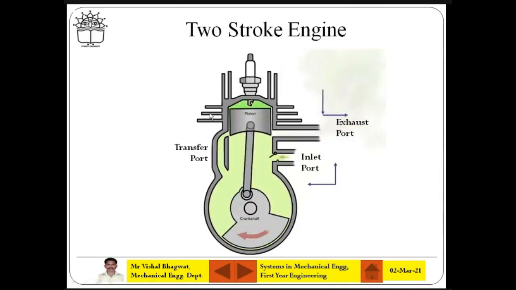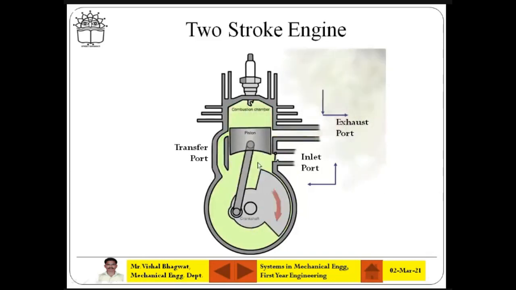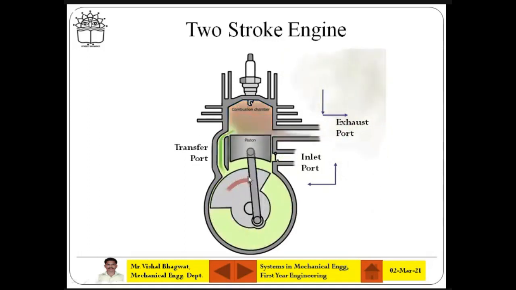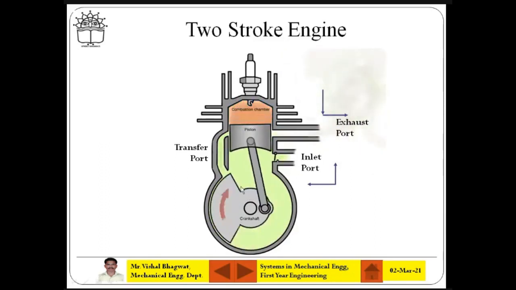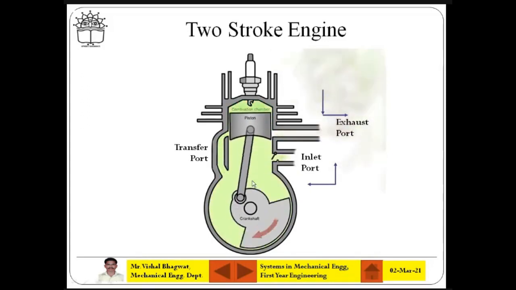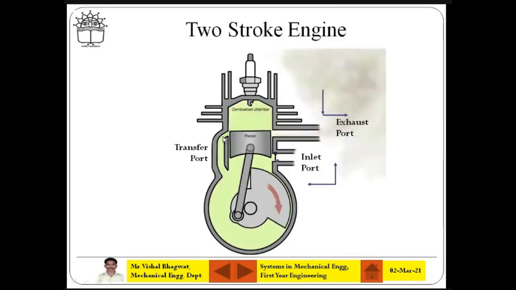The piston is going up, at that time the petrol plus air mixture is coming into the crankcase, so it is nothing but the suction stroke. At the same time, observe the piston's upward movement. When the piston is going up, the fuel mixture which was already there is transferred through the transfer port and goes inside the combustion chamber. You see it, it is opening. Then the fuel mixture is transferring from the transfer port.